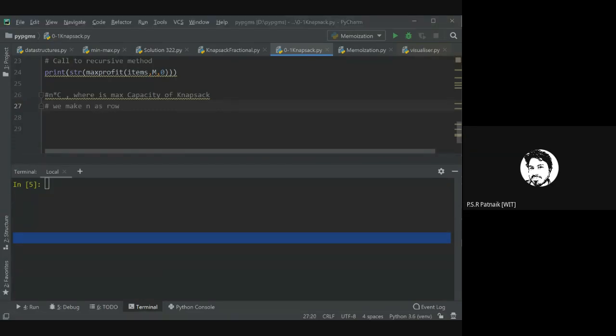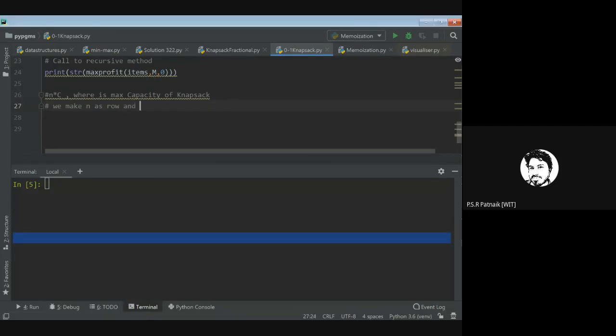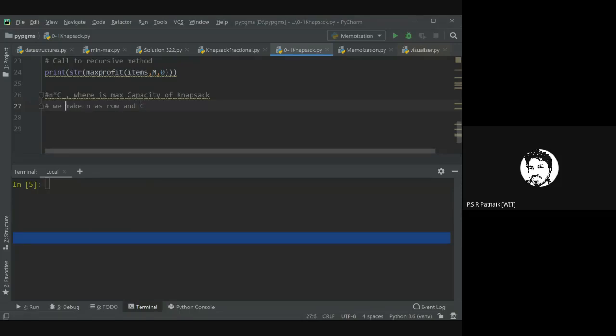Row 0 means n is equal to 0, row 1 means n is equal to 1, and column 0 indicates capacity is 0, column 1 indicates capacity 1, and so on. So we need a 2D array of n rows and c columns. So in Python, how do I get this n rows and c columns?